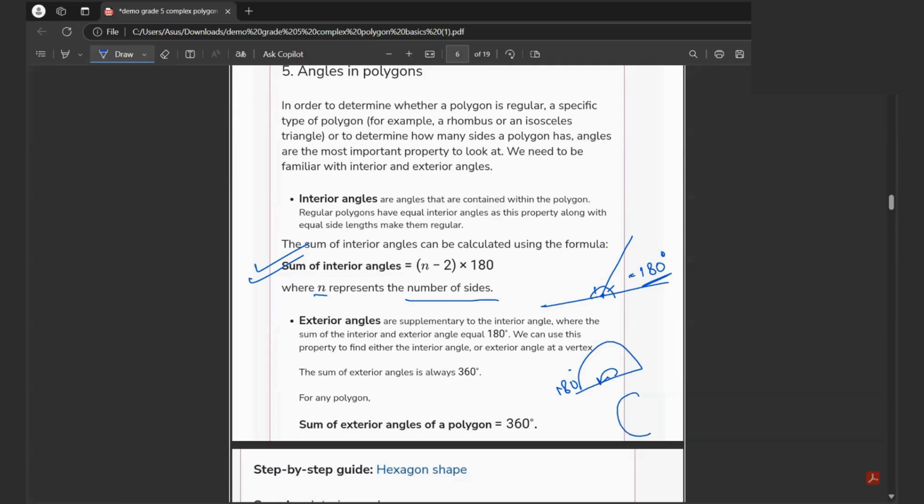Although in the market a 360-degree protector also comes. Around a point the maximum angle we can draw is 360 degrees, and on a straight line the maximum angle you can draw is 180 degrees. So on a straight line, on a single point, the number of angles